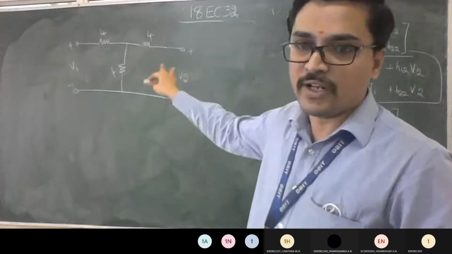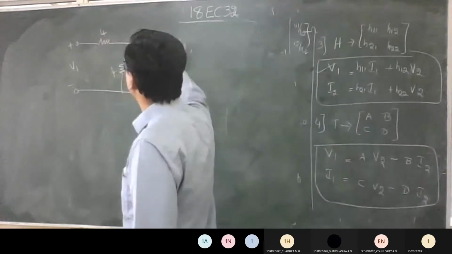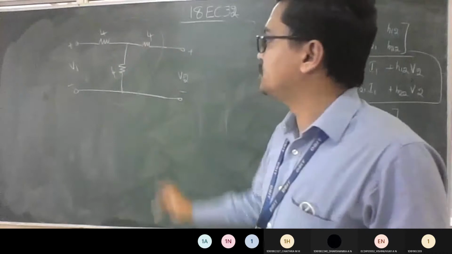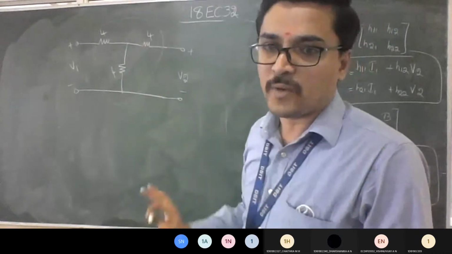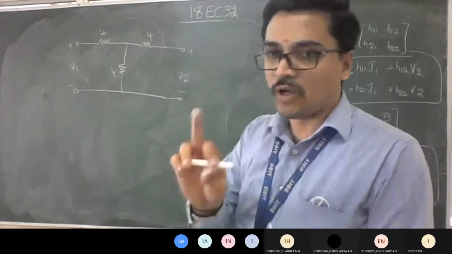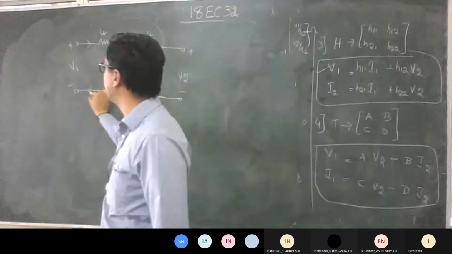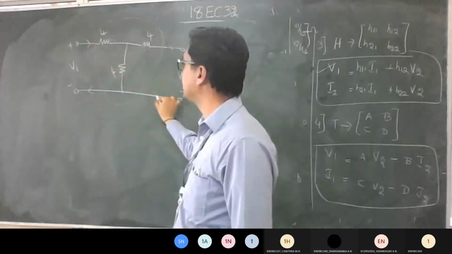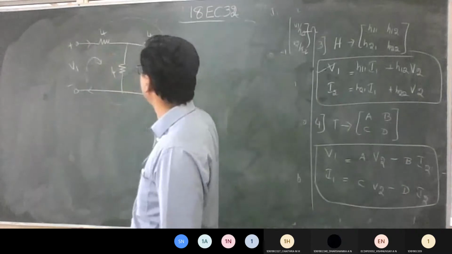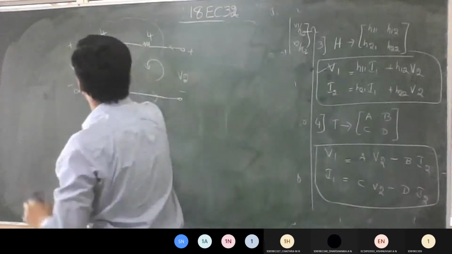Look, the circuit has only 2 meshes. So this center part is your 2-port now, and either side will have port 1 and port 2. If you observe this circuit, we know how to apply our mesh analysis concept. But one thing you should be very careful about. Look here: this is entering, this is leaving. Similarly, this is entering, this is leaving. It means if you take one as clockwise, the other should be anti-clockwise. Sorry, this is anti-clockwise and this is clockwise.